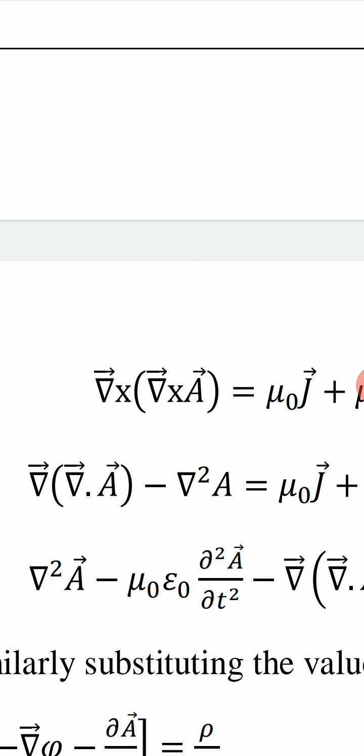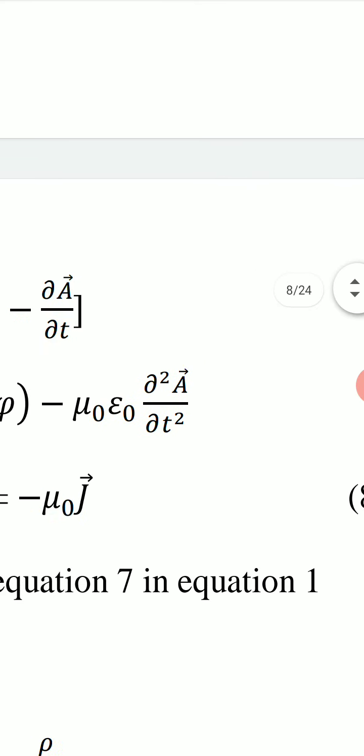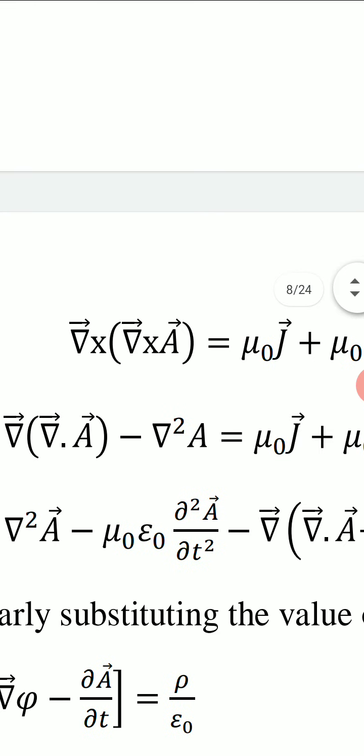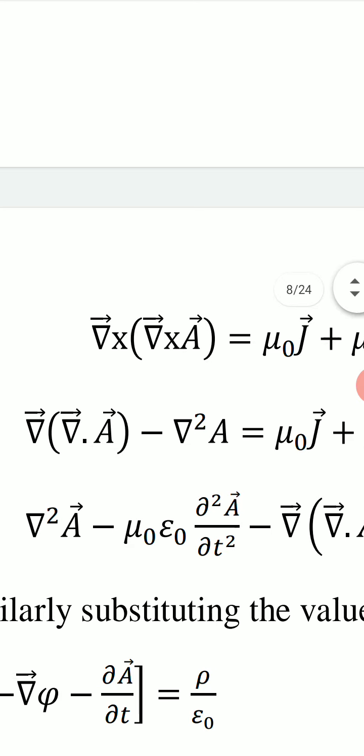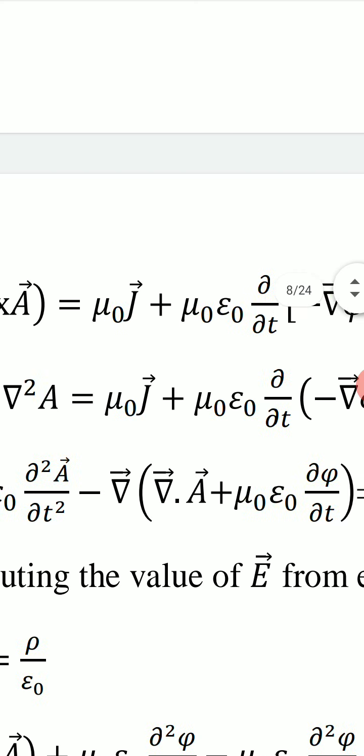Del dot del is del square. Here we have used the formula A vector cross B vector cross C vector is equal to A dot C times B minus A dot B times C. So the left hand side, which is del cross del cross A, becomes del of del dot A minus del square A, and the right hand side is mu 0